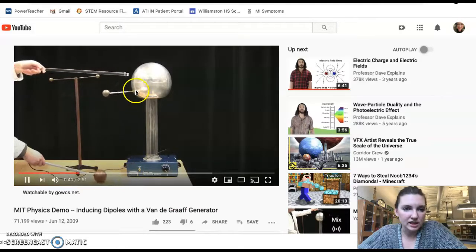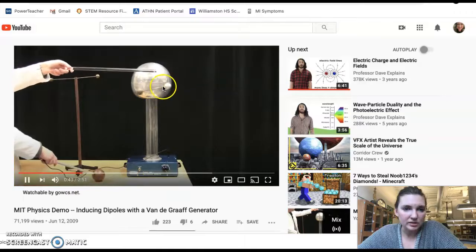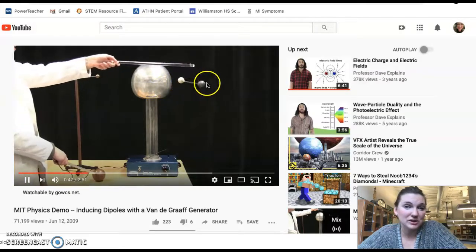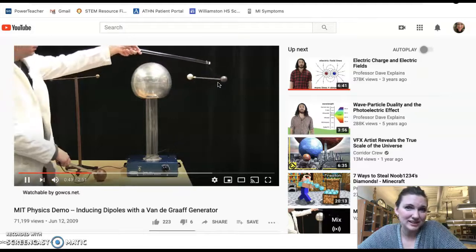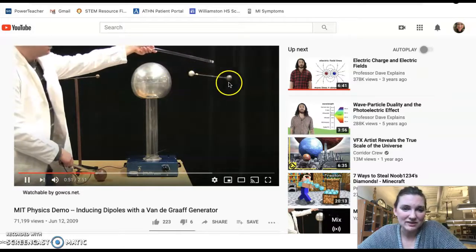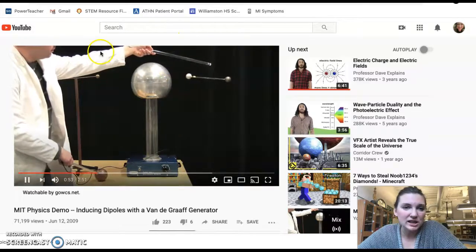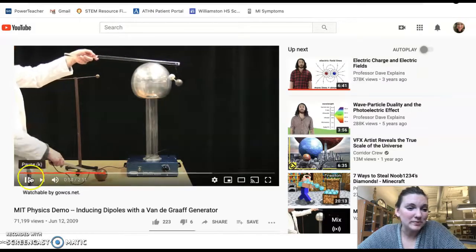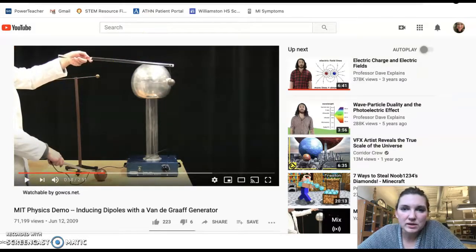And we could see that the two balls always stayed in the same place. They're lining themselves up with the electric fields around the Van de Graaff machine. We have this positive charge that's emanating outward from the Van de Graaff, and those balls are lining themselves up with it. Okay, so we come here,